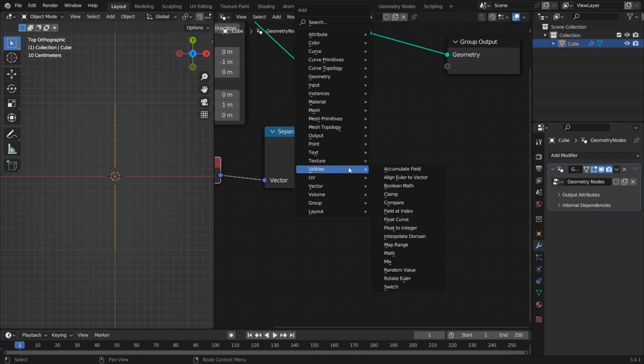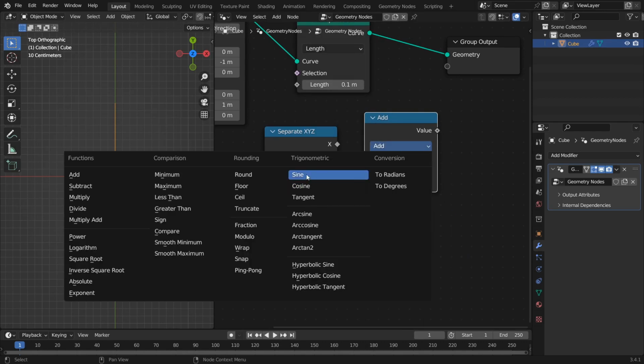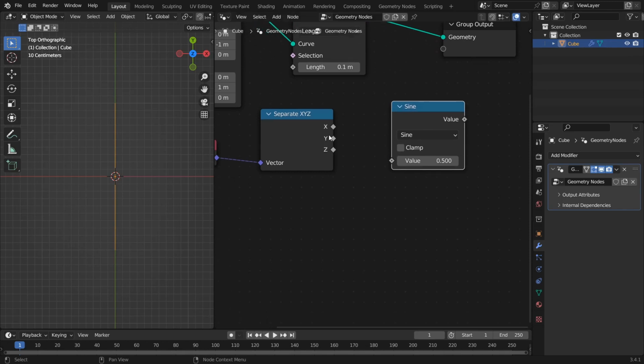So add in a math node, change that to a sine node, then pipe in y to its input,